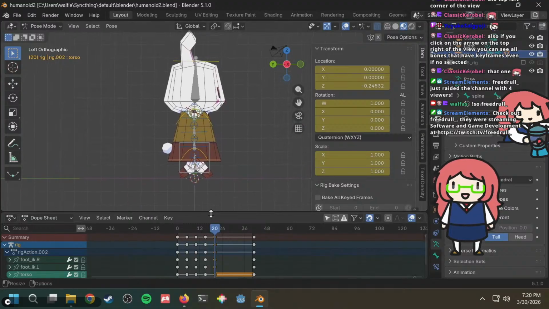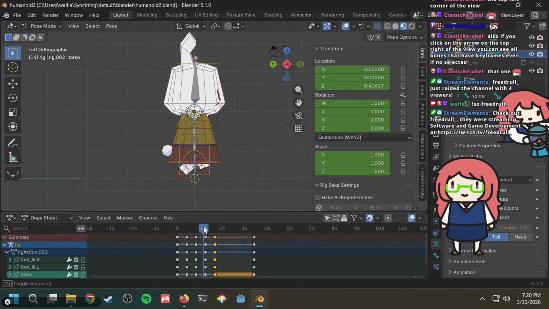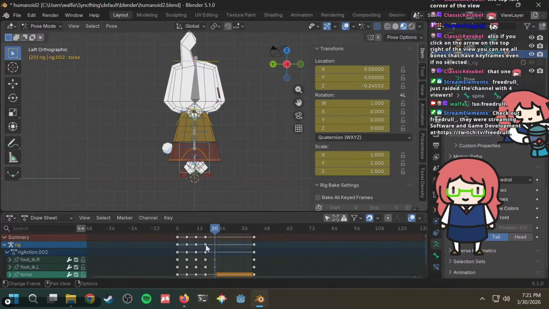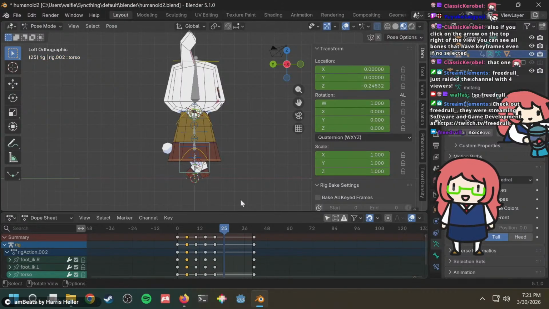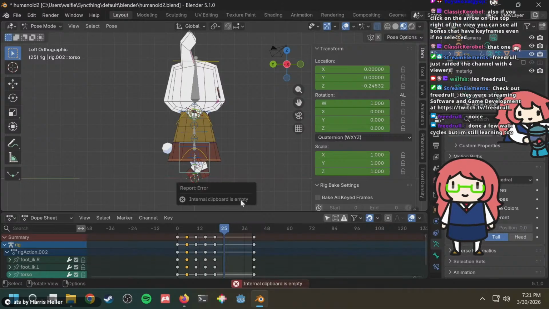I'm learning how to animate in Blender. I've been struggling with this basic walk cycle, but I think I kind of get it now. It took a long time to understand, but now I kind of get it. Thank you, thank you. So I've created and rigged this low poly rabbit. Done a few walk cycles, I'm still learning too.